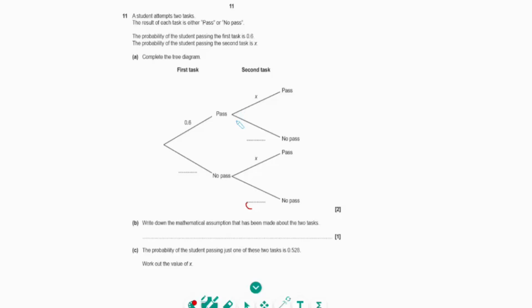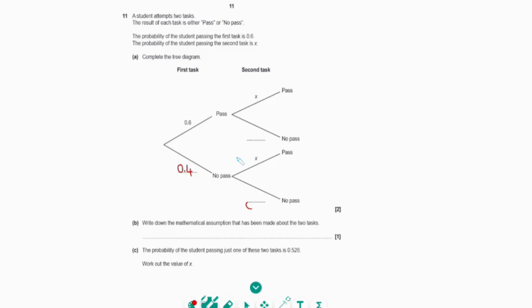A student attempts 2 tasks. The result of each task is either pass or no pass. Probability of the student passing the first task is 0.6. Probability of the student passing the second task is x. Complete the tree diagram. Well, each branch needs to add up to 1, which means this no pass would be